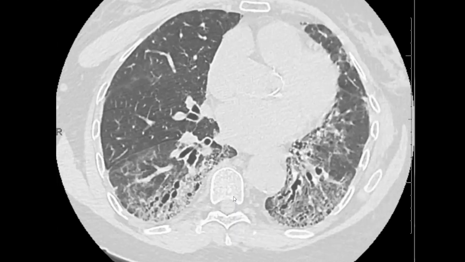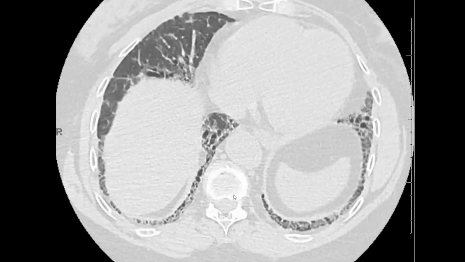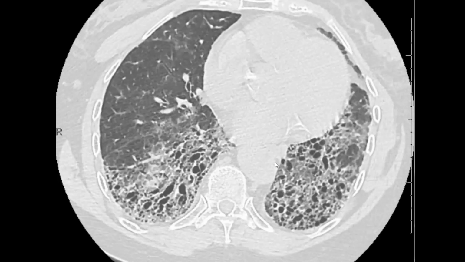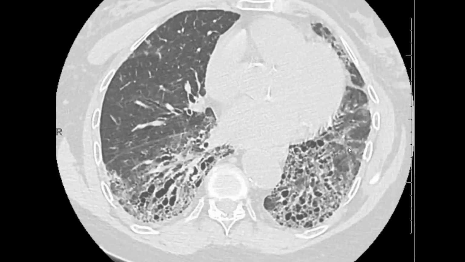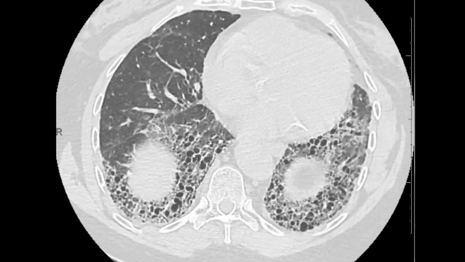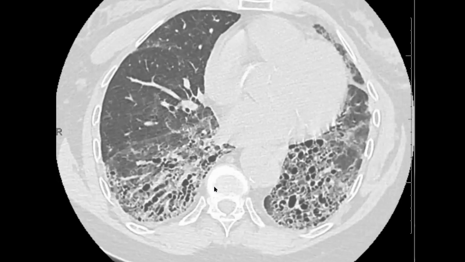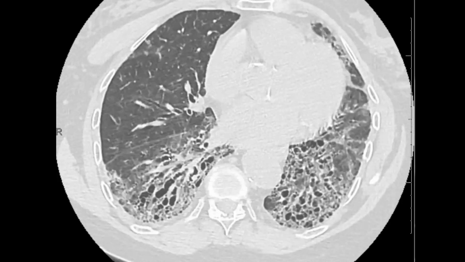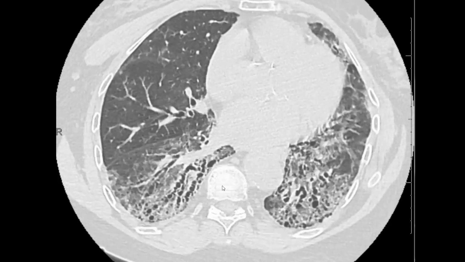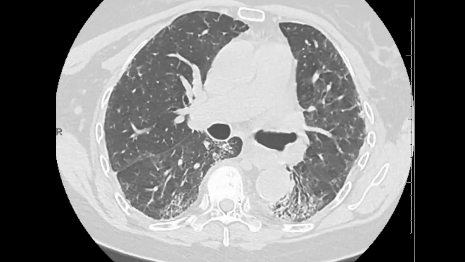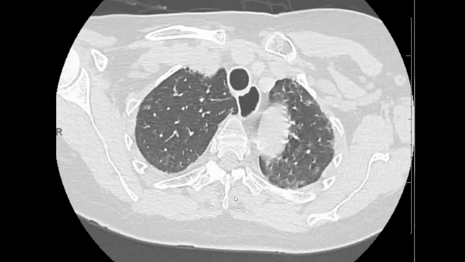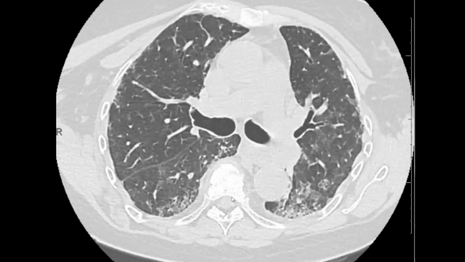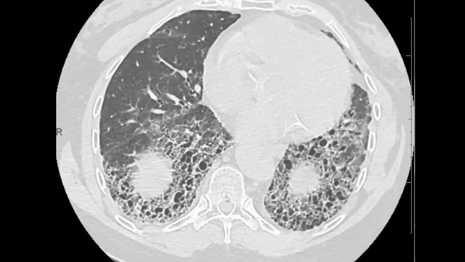As we get down to the lung bases, the fibrosis certainly becomes much more confluent, and there is exuberant traction bronchiectasis as well as lower lobe volume loss. The minor fissures are pulled back here, and certainly there's architectural distortion at the lung bases. Based on this coarseness and the honeycombing, with a little bit of ground glass opacity in some areas, you really have to look at the major pattern on HRCT, and the major pattern here is